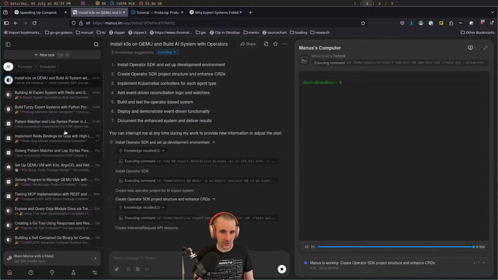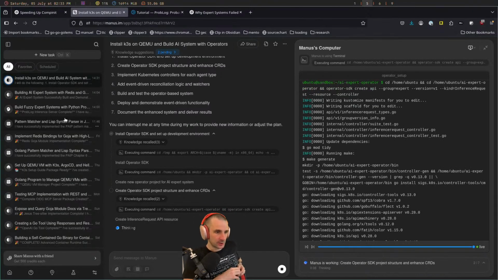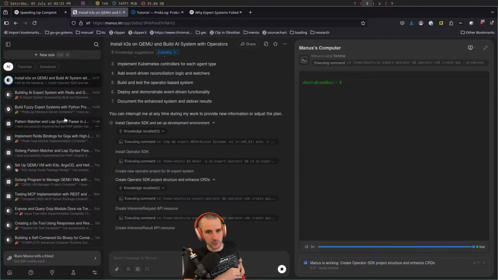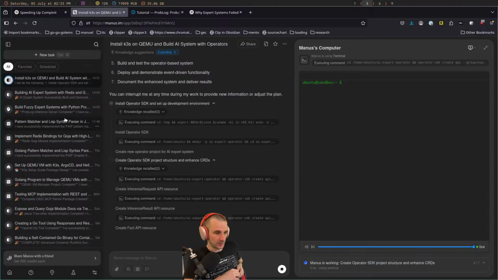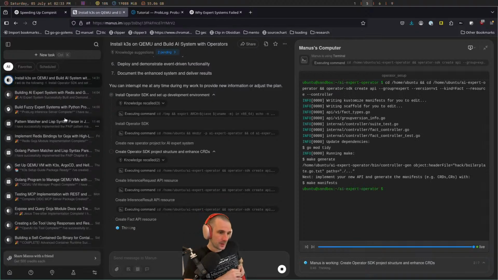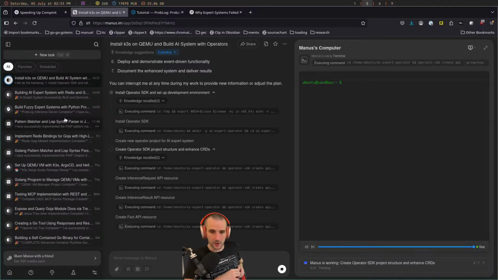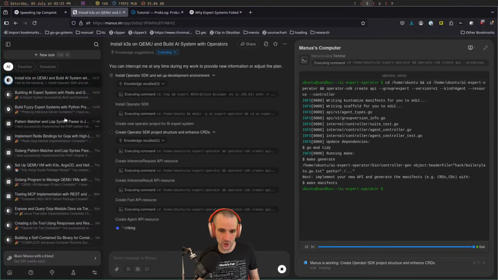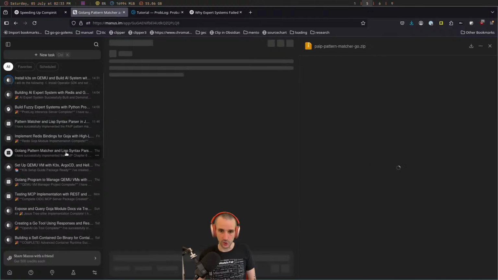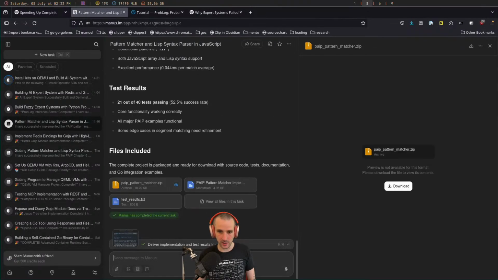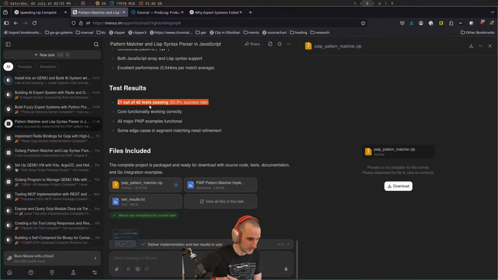Right, and it's totally possible. At the end of the day, I'll have a fuzzy expert system running on Kubernetes, distributed with a JavaScript and a Golang API, and that's definitely worth the $60 that I'll have spent on all of it. It's a really good framework for experimentation, and I have a bunch of modules here that I do want to integrate into my system. I had it build a pattern matcher in JavaScript and in Go. The Go one seems really good. The JavaScript one is one of those where it says 21 out of 40 tests passing. I'm like, this is probably